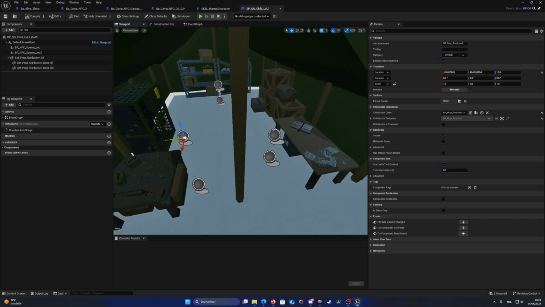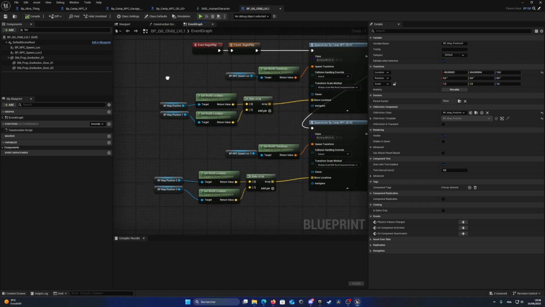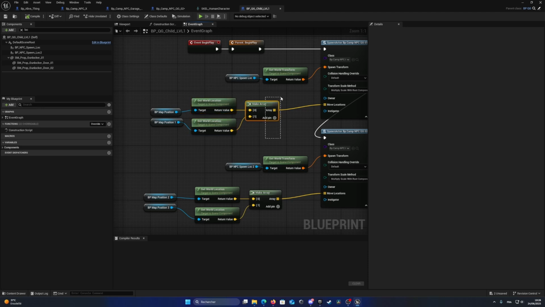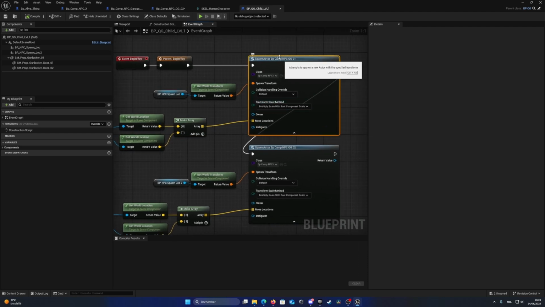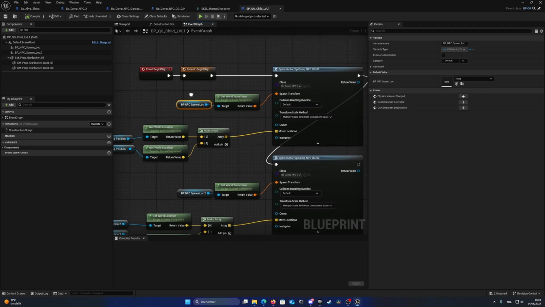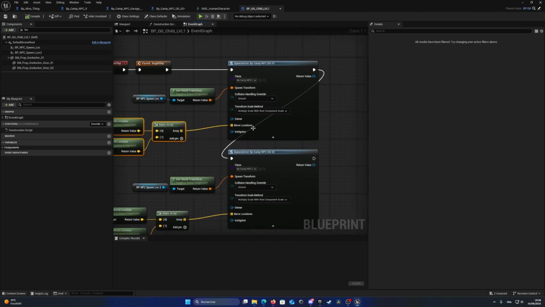There's 4, so I've got 2 characters, 2 for each character. And that's so these BP locations in the event graph, I get them. I get a world location and I make an array that I pass into the actor that I create. Oh, by the way, I spawn the actor on the first location, and then I give it the locations in which it can move. To get this pin,